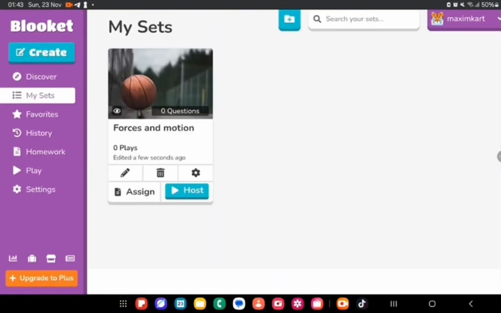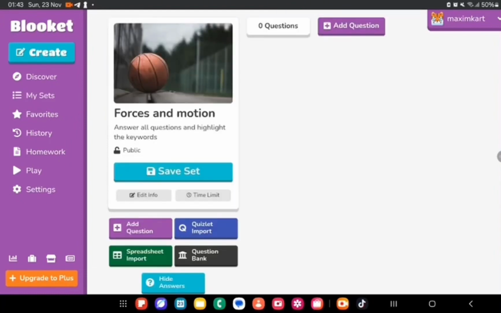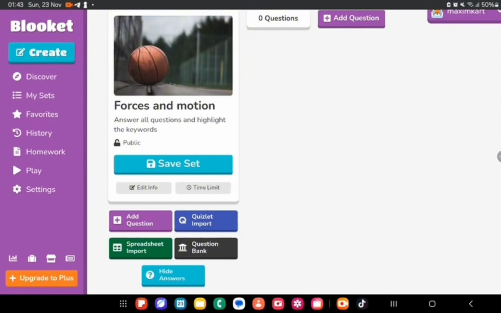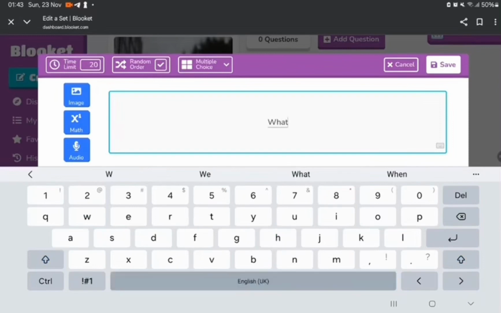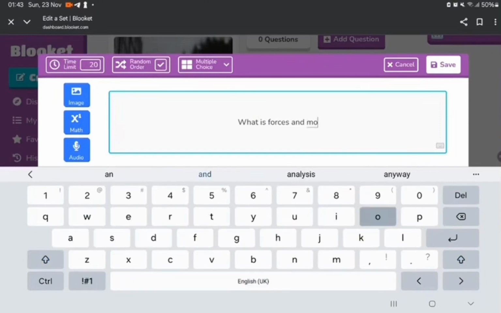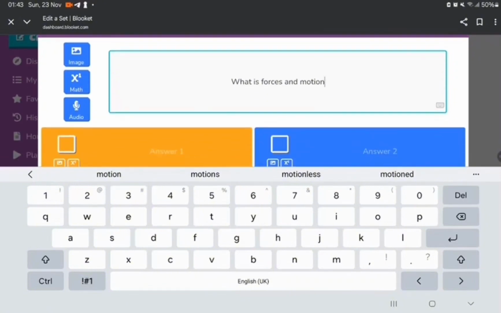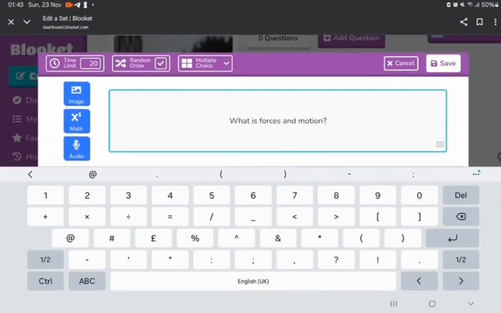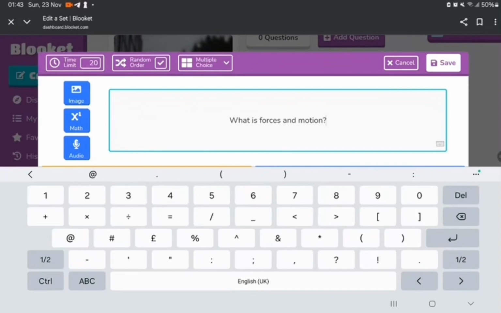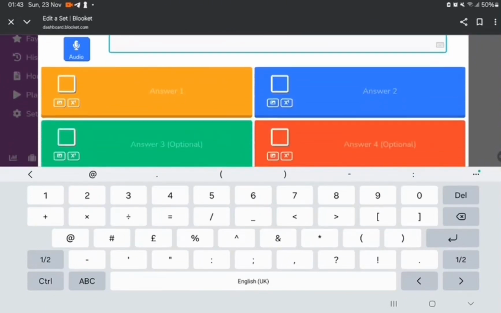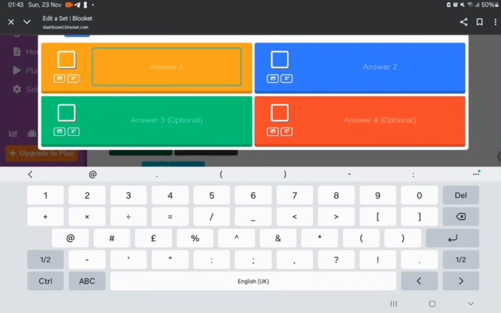This is the question set that you've already created, but there is no question yet. So click on the pencil icon. You can add questions, you can have quick import, spreadsheet, also put in image, math, and also audio. And these are where you put in your answer. For example,